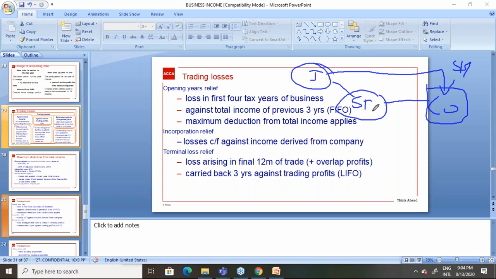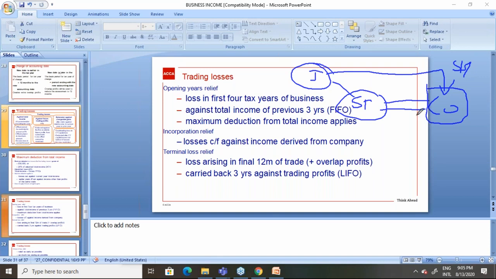So this sole trader business has a trading loss which you have not been able to relieve at the time of incorporation. Normally, that loss should be wasted. However, since you have converted your unincorporated business into a company and the same owner has become the shareholder of this company, loss can be carried forward to set off against the income received by this shareholder